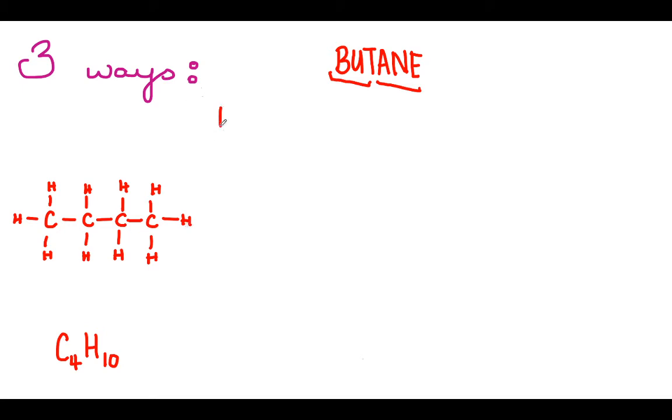My second way of representing this molecule is pretty much the same, except I'm not drawing all of these individual bonds out. So I'm going to start again the exact same way I did by drawing my 4 carbons all bonded to each other. And in this case, instead of drawing out each single bond, I'm going to sort of condense them. So instead of drawing 3 bonds and then writing H 3 times, what I'm going to do is see how many hydrogens this carbon needs. I know that it's 3, so I'm just going to write H3 here. So I'm going to have CH3 like this.